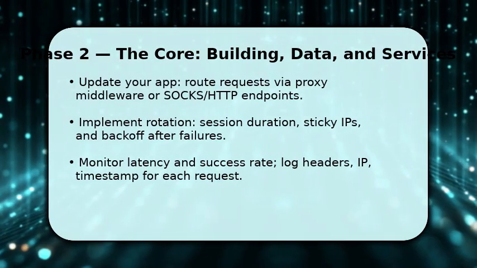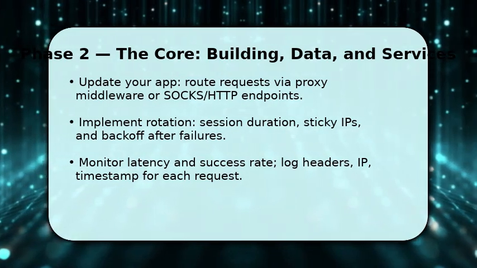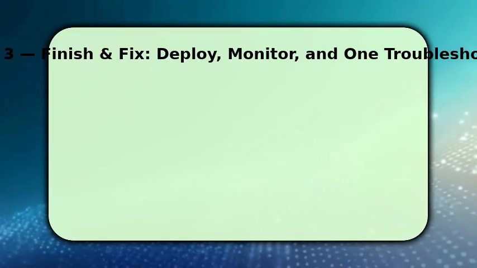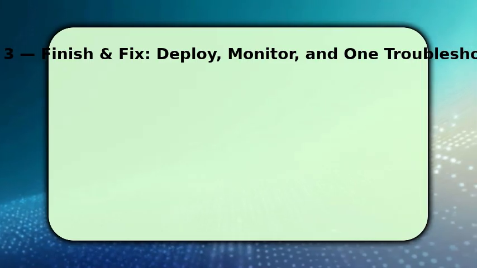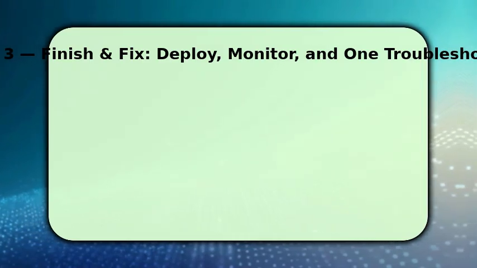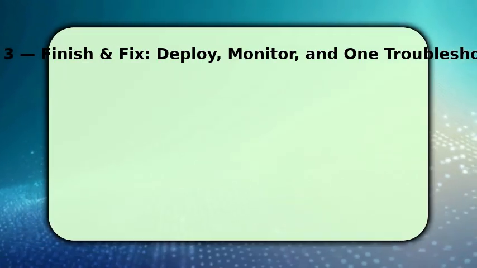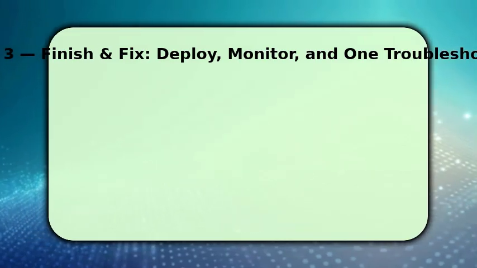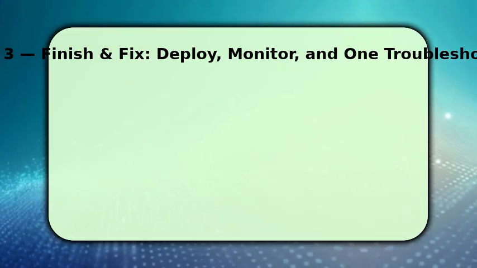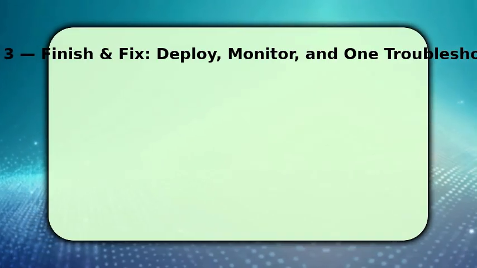This telemetry explains performance. Finish by scaling carefully. Ramp concurrency up in 10 to 20% steps, and continuously watch error and drop rates so you can reverse course quickly. Optimize by removing slow or flaky endpoints and prioritize regions with stable round-trip times and success above 95%. That improves CPM consistency. If things go wrong, spikes in errors or blocks, first revalidate credentials and headers, then lower